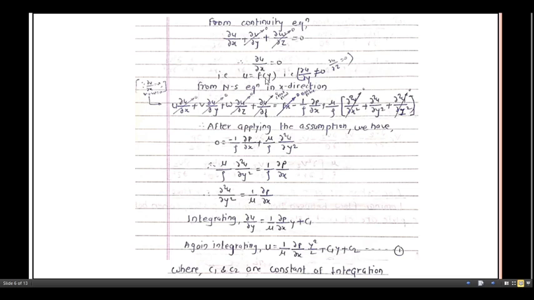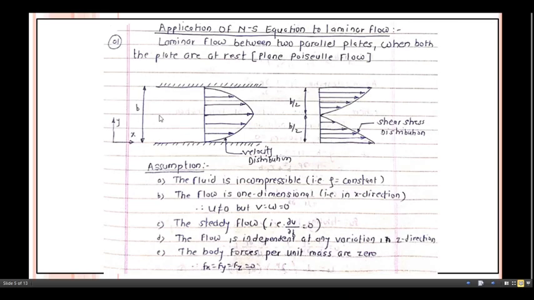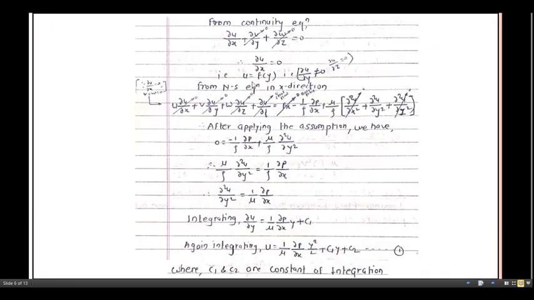Now in this case, u is a function of y. That is why we are saying that u is a function of y, because here the velocity near this plate is 0, and as we move away from this plate, the value of the velocity increases. Okay, so that's why u is a function of y. That is, in this case, ∂u/∂y is not equal to 0, and ∂u/∂z must be equal to 0.